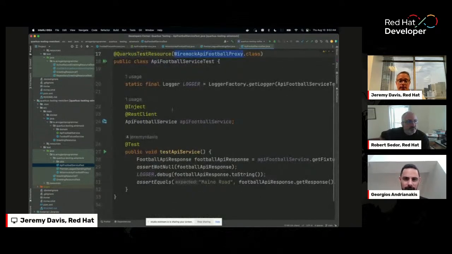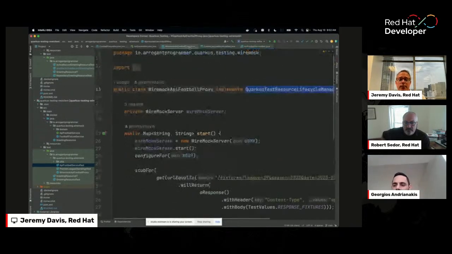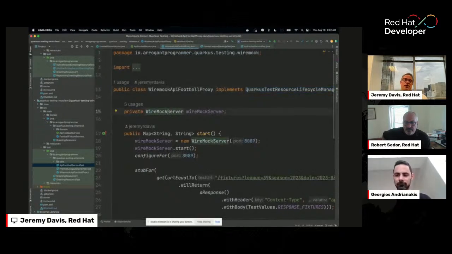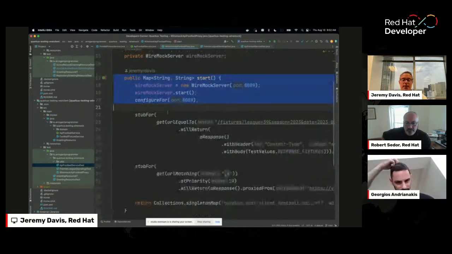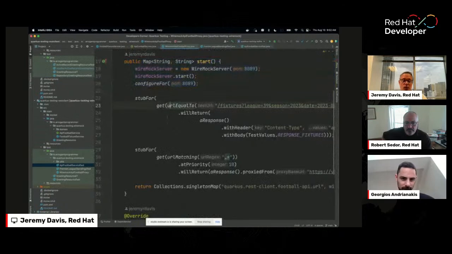I've got my WireMock proxy. WireMock server, we haven't used this. It's a really great utility. It's got a website, pretty good docs. We start up the server here. I'm listening on port 8089. And then what I'm doing is